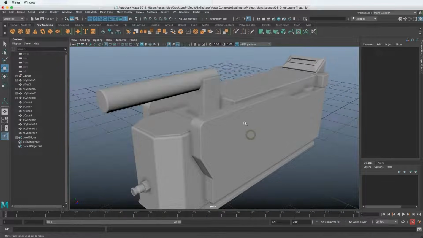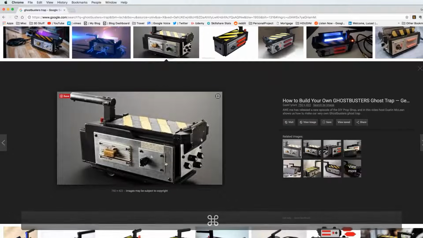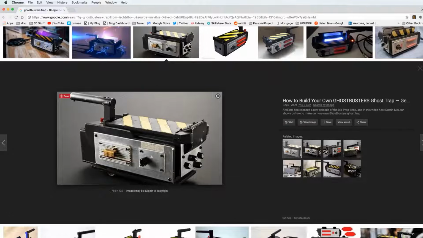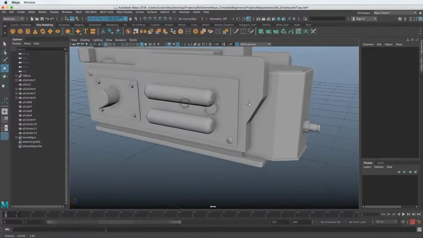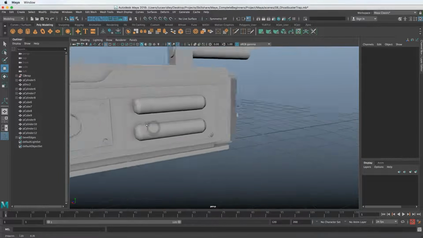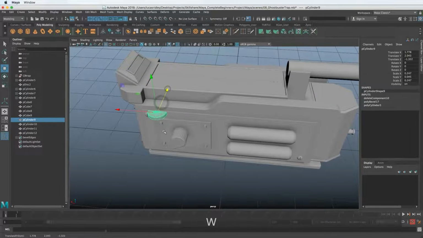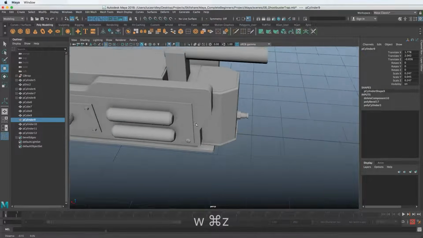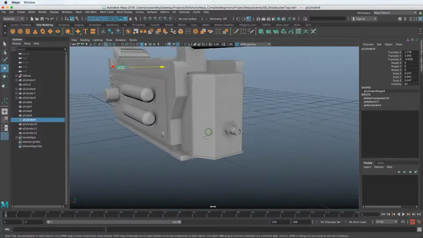Same thing for finishing out this other side based on the reference. You've easily already learned how to do this little panel. So I'll leave that up to you to finish out this other side with all the techniques we've already learned. I also added a little thing here that I've seen in some reference. It's just a cylinder, beveled edges, same kind of thing. So let's learn how to do this cord.